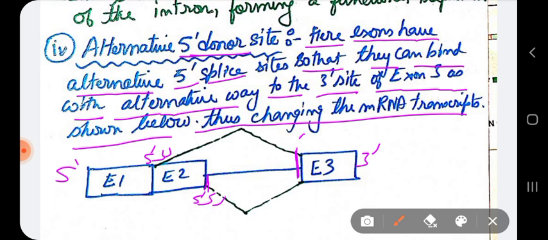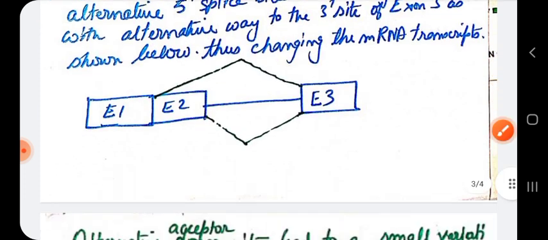This is the common 3 prime splice site, as you can see. Here, they can interact either with exon number 1, or they can interact with exon number 2 with that 5 prime splice site to make different types of mRNA transcript. Like here in this case, if you see,